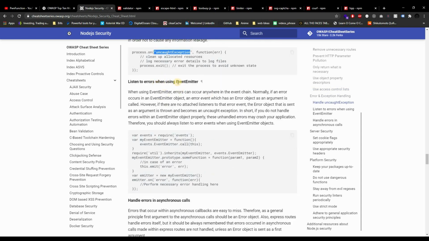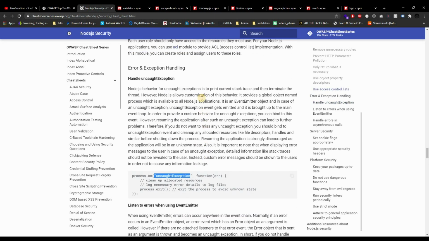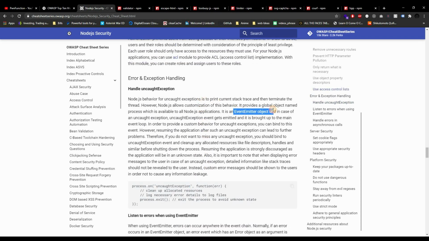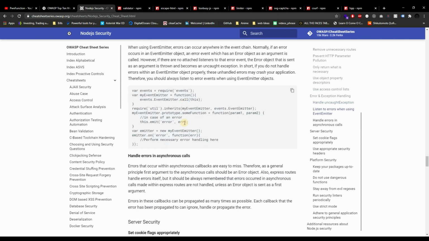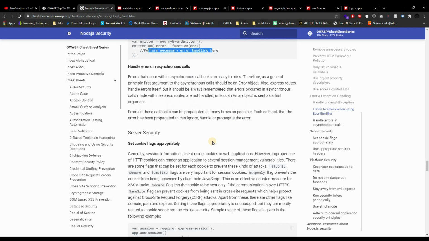Also, if you listen to errors when using an event emitter, by the way, this is using the event emitter object. When you try to listen to the uncaught exception, it's going to the event emitter. And when you listen to errors in the event emitter, you could do some stuff on that as well. Handle errors in asynchronous calls. This is something that we've